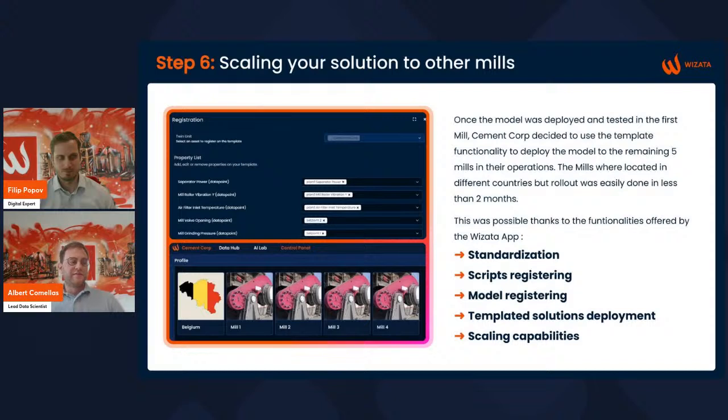So defining all this until it's robust can be error prone and time consuming, not only to do it, but also to bring all the people involved together and reach the agreements and the decisions. So basically, Wisata, the platform, helps you by taking care of all these aspects for you.